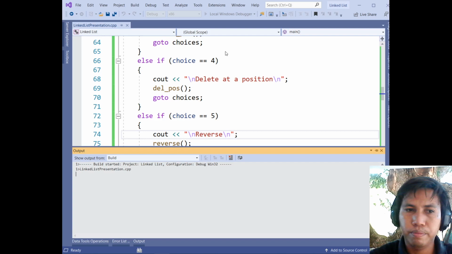So 1, 1, 2, 2, 2, 3, 2, 4, and 6 to display. So displaying elements, that is 1, 2, 3, 4, then the last one is